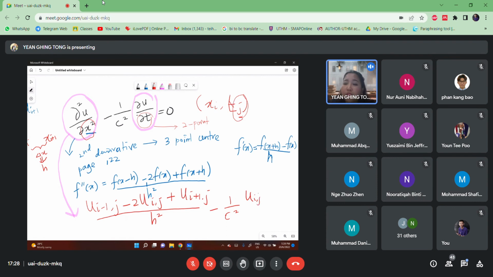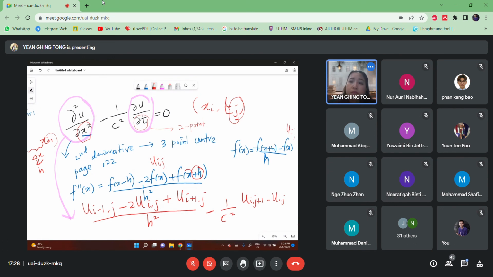So that means this one is u i j plus 1 minus u i j. f of x is u i j, basically. If you look here, this is u i j, the minus 2 one. See? And then this one is because of plus h, the step size I mentioned here. So when we add one step size, it becomes xi plus 1. Can you understand here? So here,